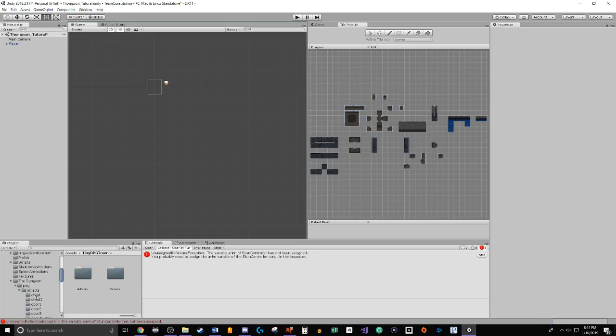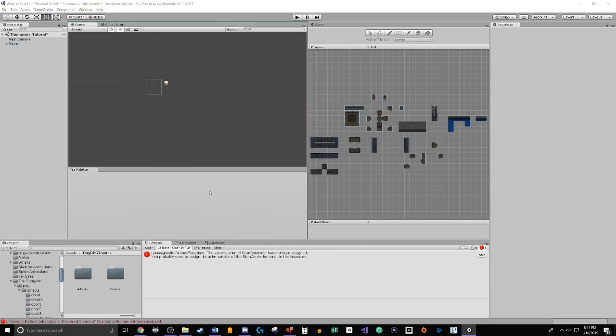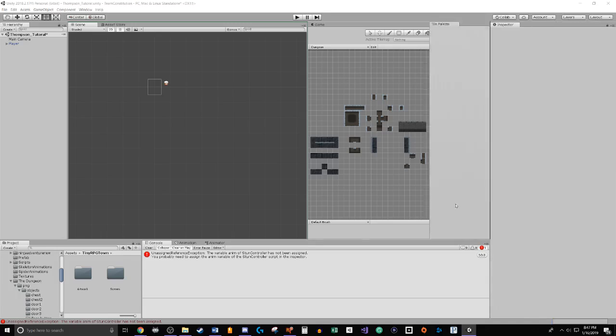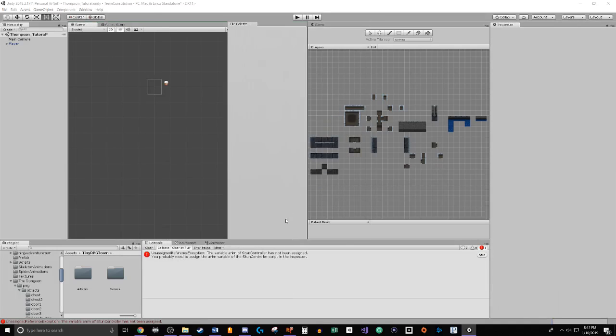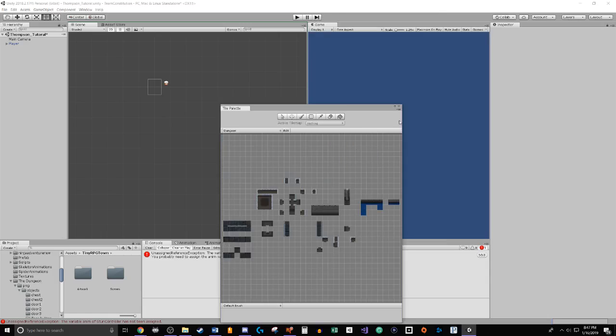So, the first thing you need to do anytime you're doing Tilemap, right? Remember, Tilemap is not a plugin, it's a default system within the Unity engine. So, you don't need to do anything to get it. You already have it. Okay, so